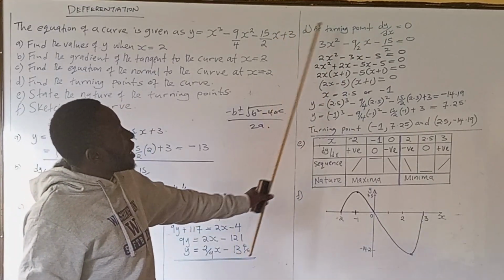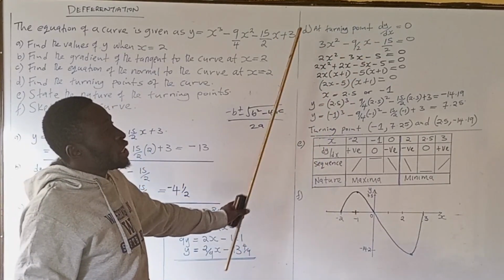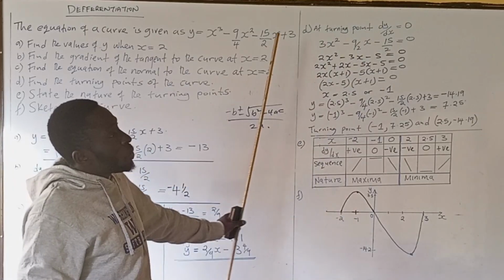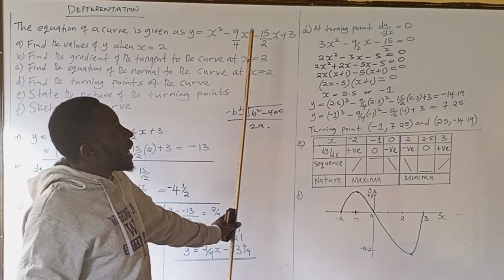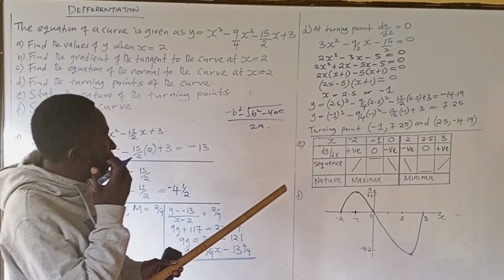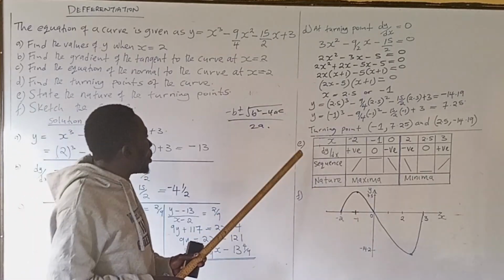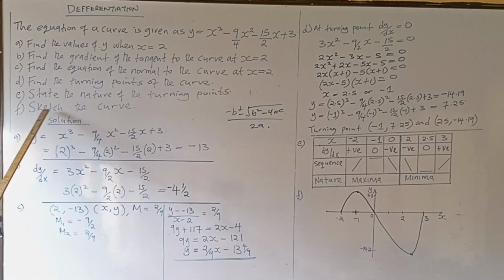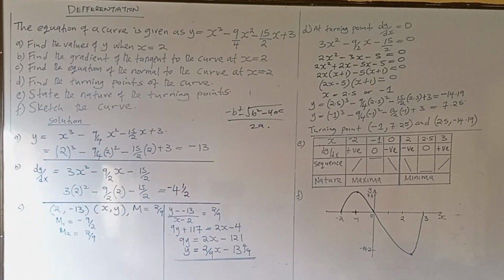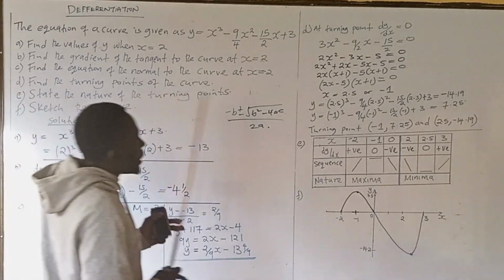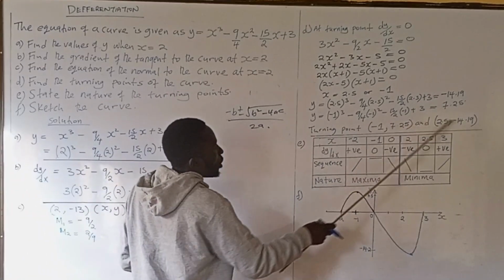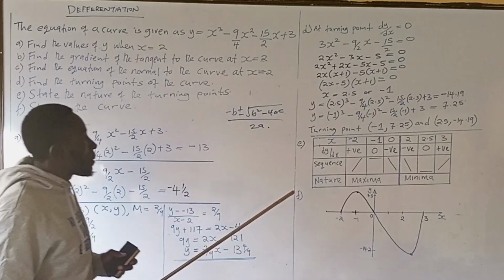And we have said that the turning point is the same as stationary point, or a point where a body is temporarily at rest, an instantaneous change in direction. Question E, state the nature of the turning point. To find the nature of the turning point, after getting the turning points, you